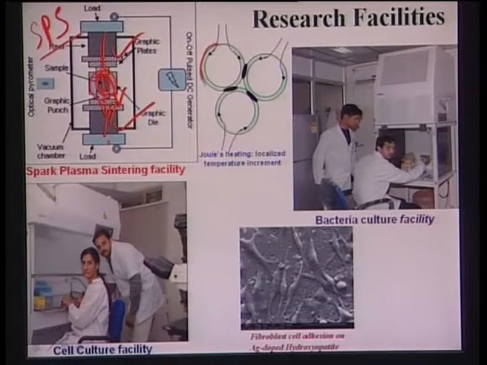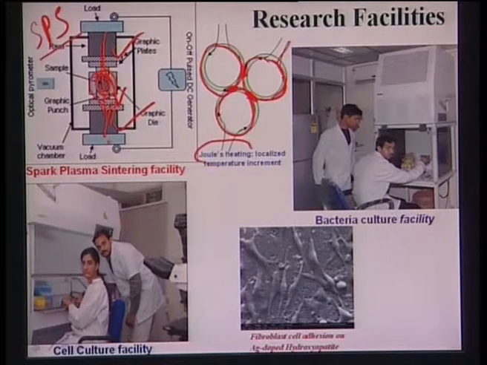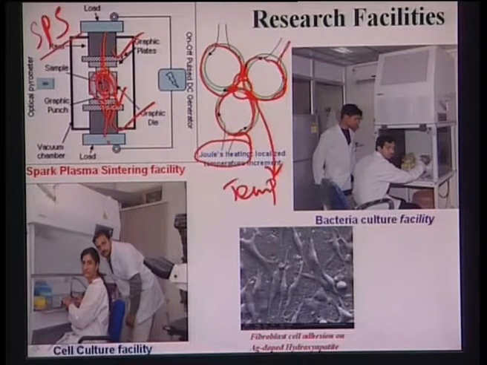It shows three particles which are in contact with each other, and how the current will pass through the particle powder surface. These contact spots offer resistance to the current flow, and as a result Joule's heating will take place, which will lead to a large temperature increase. So the temperature will increase to a high value, and that will help in enhanced mass transport.